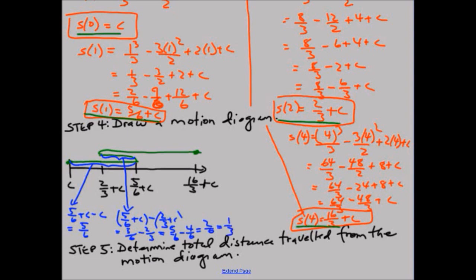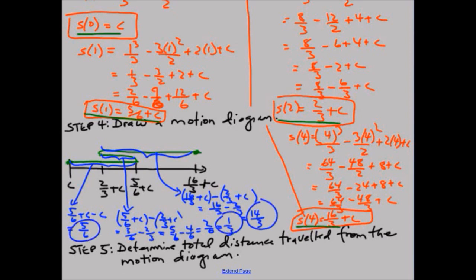And this last portion here, which is 16 over 3 plus c, subtract 2 over 3 plus c, which is 16 over 3, subtract 2 over 3, which is 14 over 3. All right, and those 3 parts of the trip added together, 14 over 3 plus 1 over 3 plus 5 over 6,